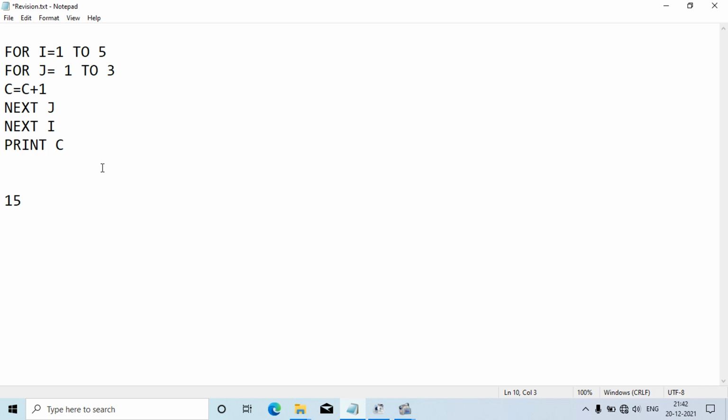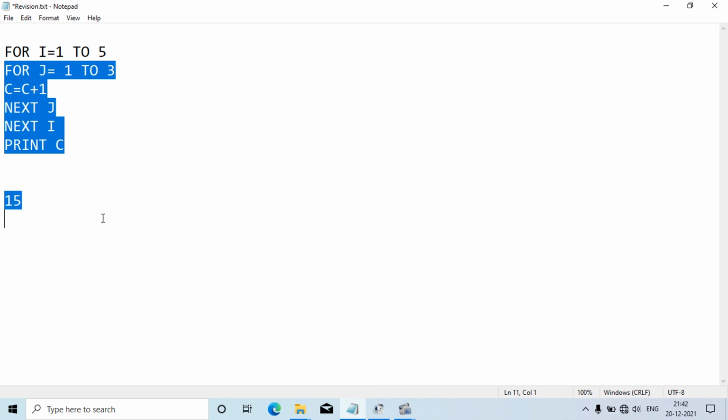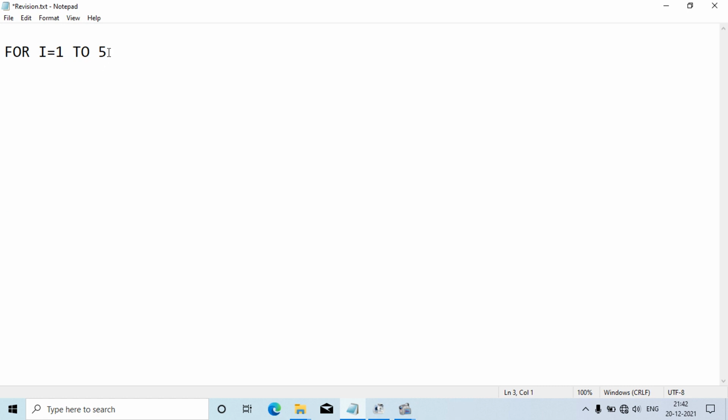Okay, so what if we put select case inside a loop? Now let us see one more example. Here we have written a normal for loop, which is running from 1 to 5. If I decrease the loop length, it is 1 to 3 right now. So if I write a select case inside the for loop, select case I. Now what I just said, the value associated with select case will actually look for the related case.